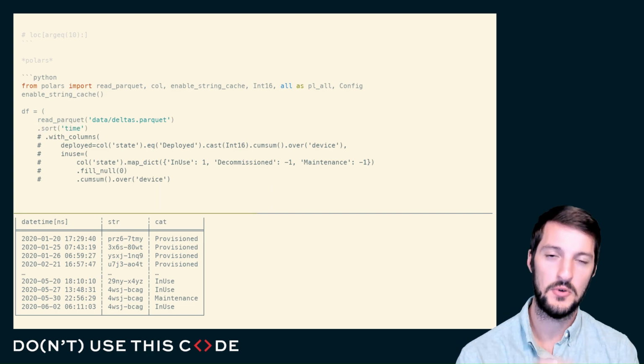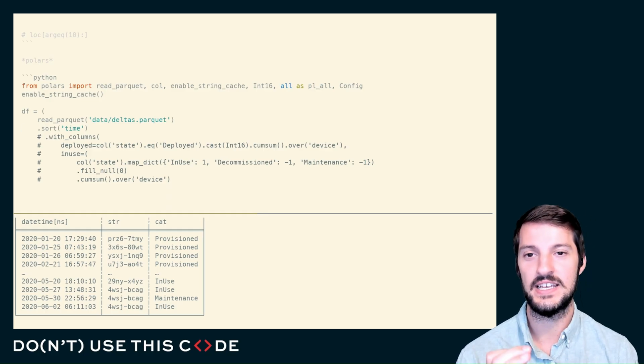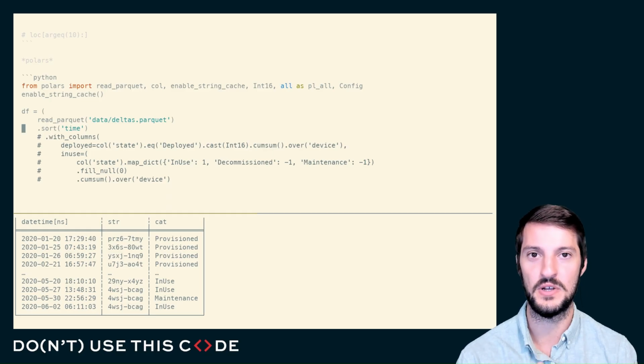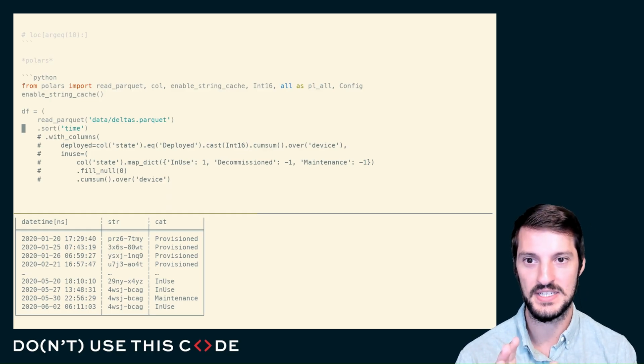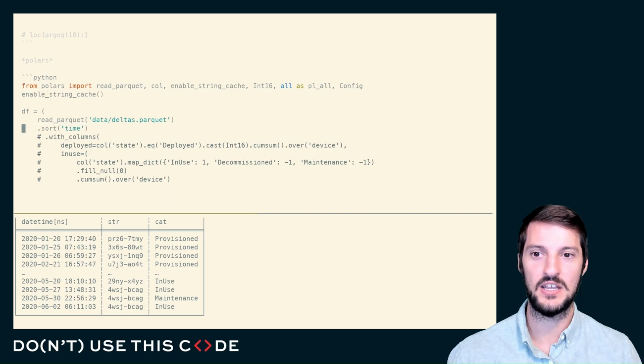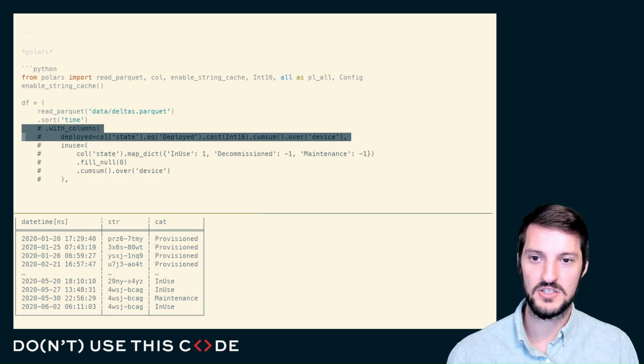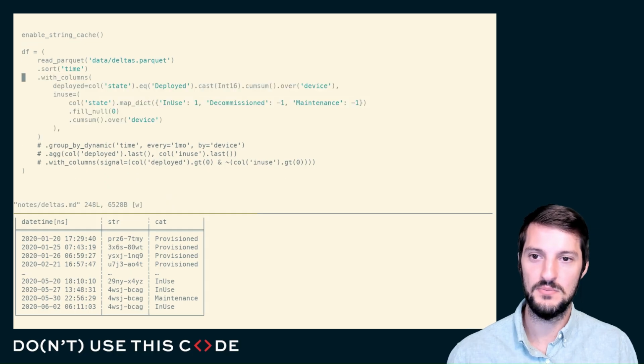In contrast, Polars will actually know if each of its columns is in a sorted state. And if it is in that sorted state, it can apply fast track or fast path operations for you to work with. Now, this happens all behind the scenes, and all I'm doing is paying for a sort up front, and that's it. So I'll go ahead and sort my data on the time column,